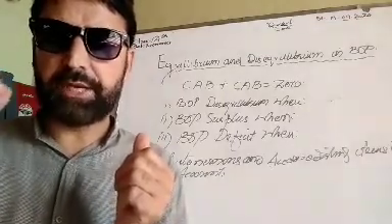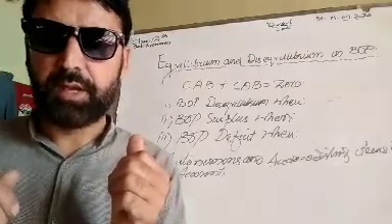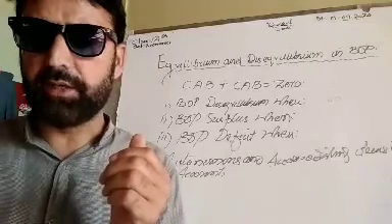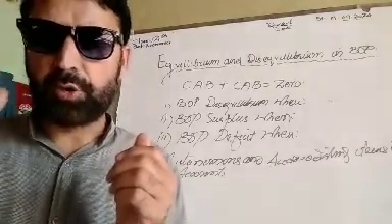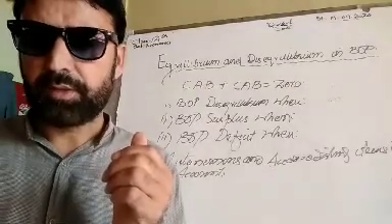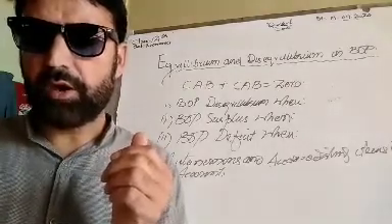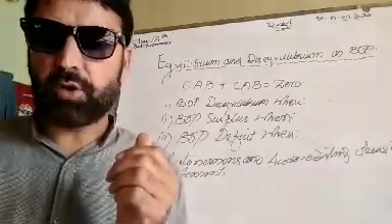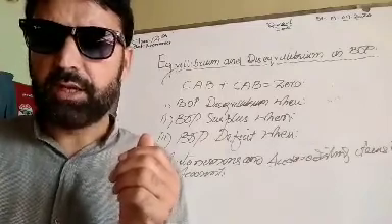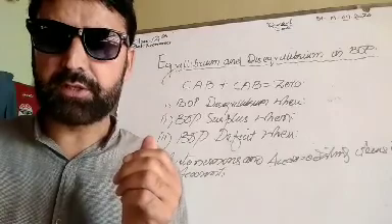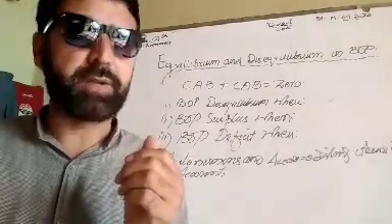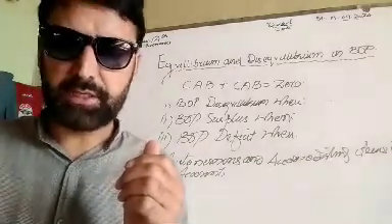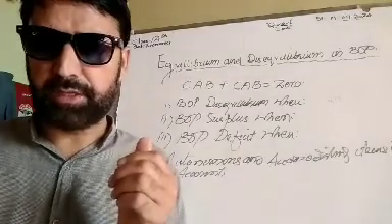Autonomous and accommodating items of balance of payment. Number one, autonomous items refer to such balance of payment transactions which are undertaken for considerations of profit. Accommodating items, on the other hand, are free from the considerations of profit. Number two, autonomous items are the cause of balance of payment imbalance, deficit or surplus. Accommodating items are not the cause of balance of payment imbalances. Instead, these are meant to correct balance of payment imbalances and restore balance of payment equilibrium.